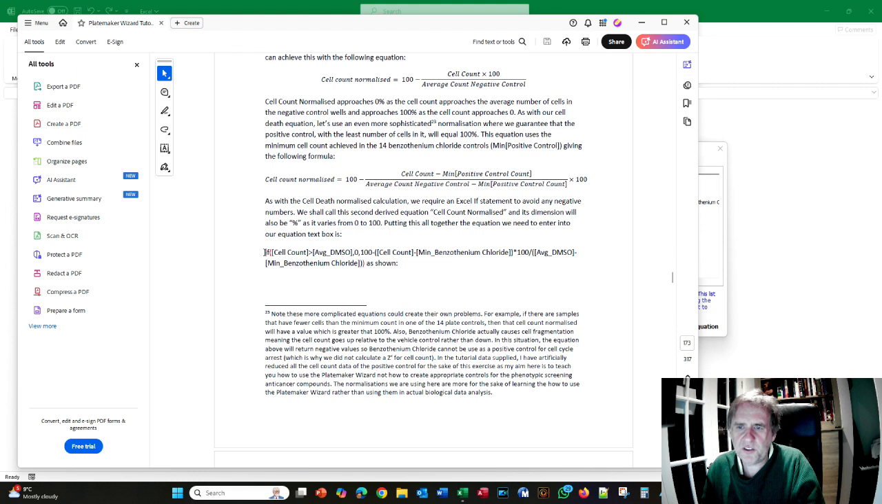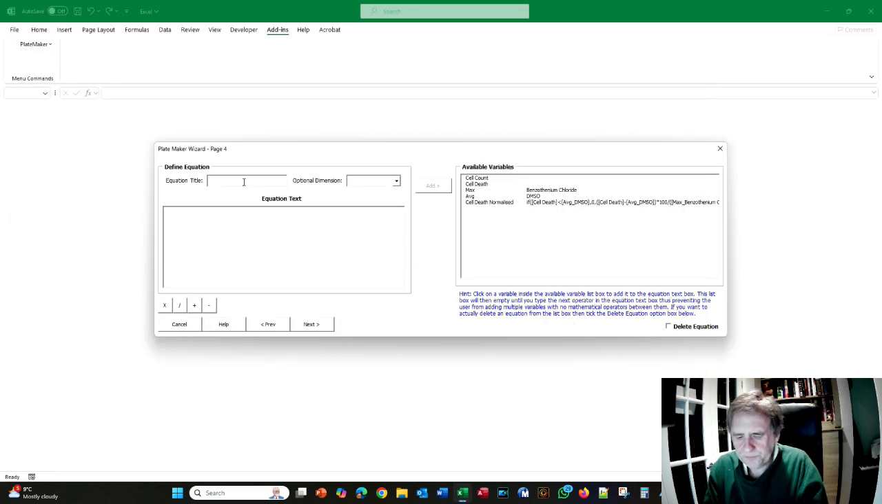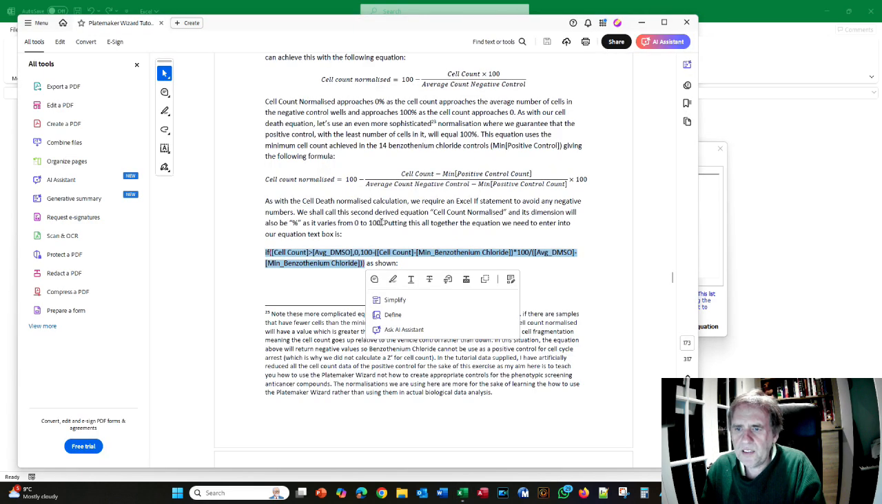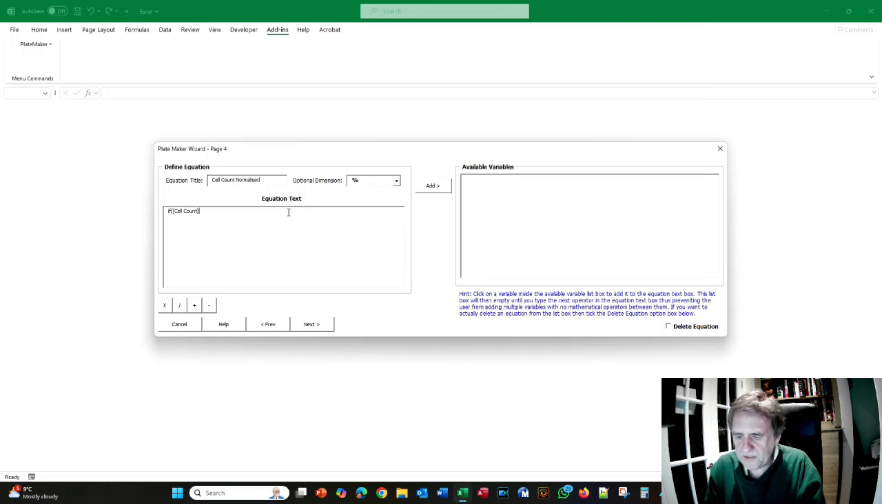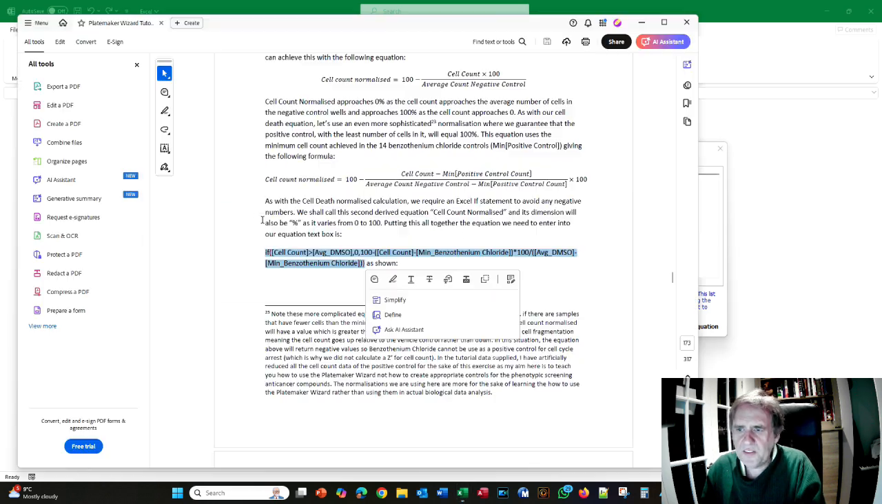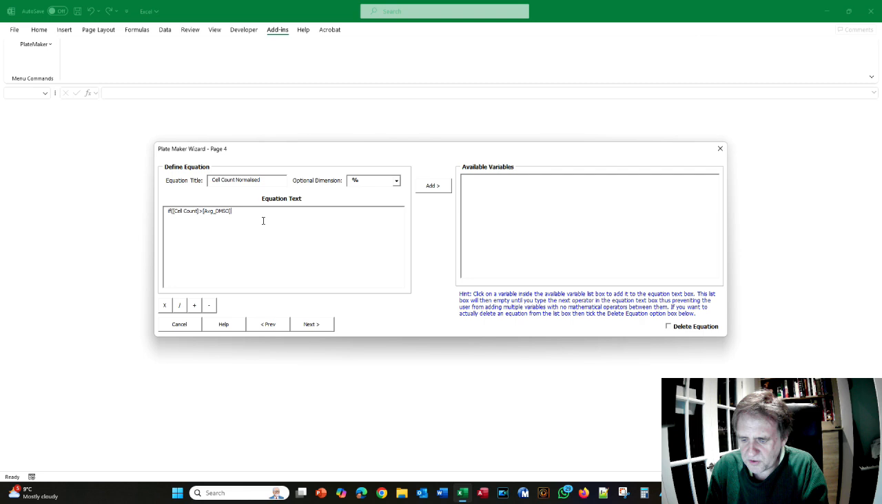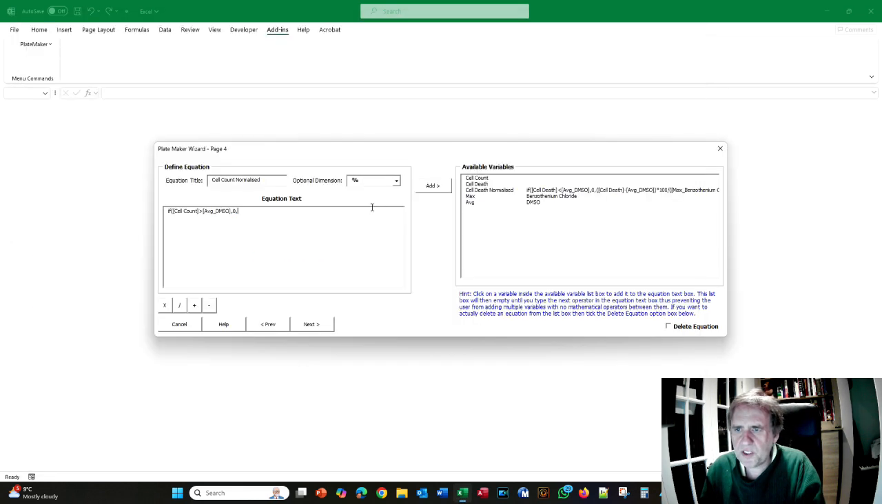If you wanted to cheat, actually, you could just literally copy this formula straight in and it will just work, but let's do it manually. So we're going to call this cell count normalized. Again, it's a percentage. So the first thing we need is to test if cell count is greater, so this time it's greater than the average DMSO control, then in that situation we want it to just be 0. However, if it's not that, then we start our equation. So it's 100